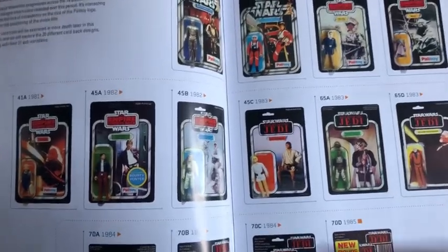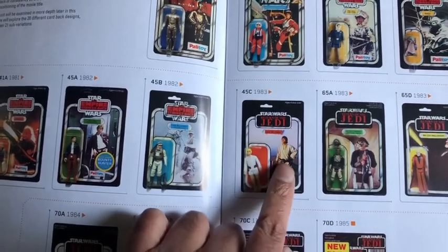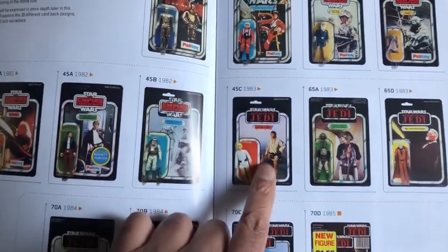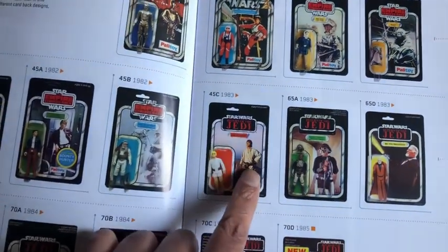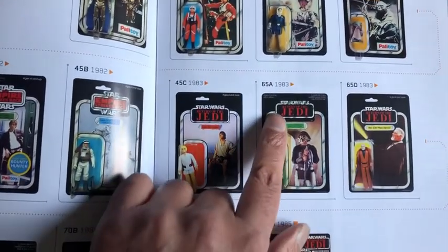So the 45C came out in 1983. Probably just before the movie. They're like the equivalent of the 48 back Return of Jedi Kenner cards. So they're sort of a transition card. They have the Star Wars and Empire Strikes Back characters on the Jedi card. You didn't get the debut of the Return of Jedi characters until the 65A. And